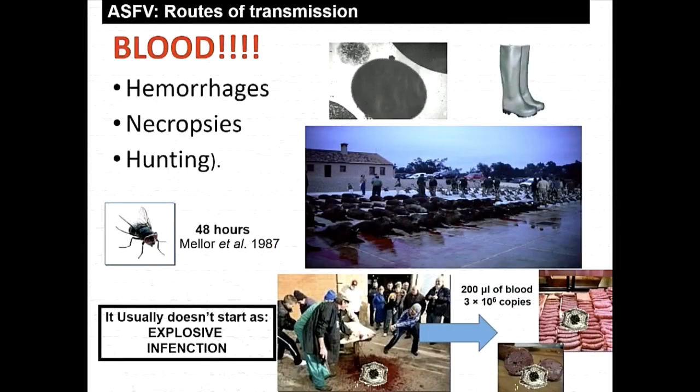Anyway, that's good. Blood, be careful with blood. And how do we make mistakes with the blood? Why do we make the mistake on the farm? Let me give you an example. I can give you many. When ASF enters a farm, it is usually not very explosive. Only a few animals are affected.